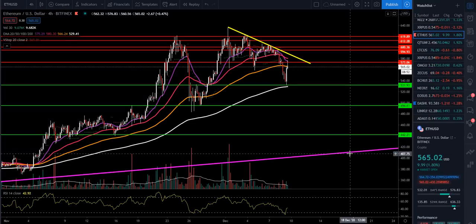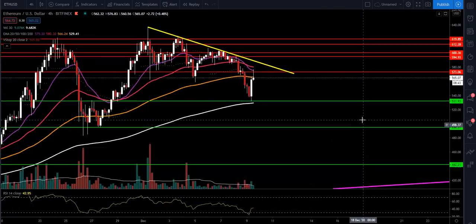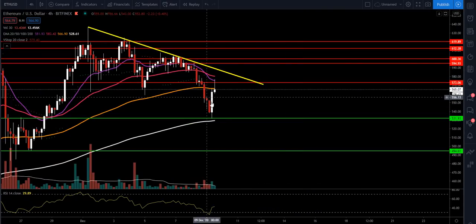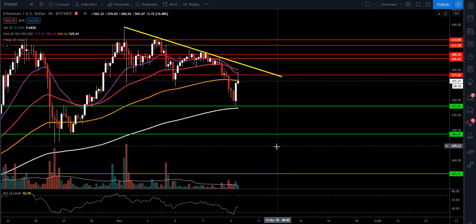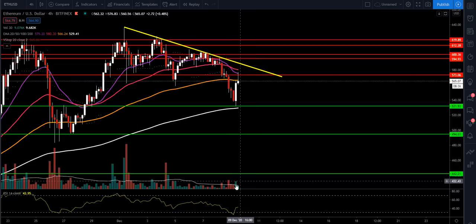We're at $564 for Ethereum. Ethereum was a little bit stronger here. Ethereum was a little bit stronger in its candle formation. We had a bullish piercing pattern on the 4-hour time frame for Bitcoin. This is a bullish engulfing candle, a little bit above average volume, kind of the same looking candle here,